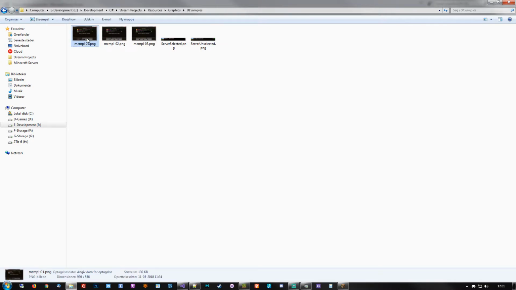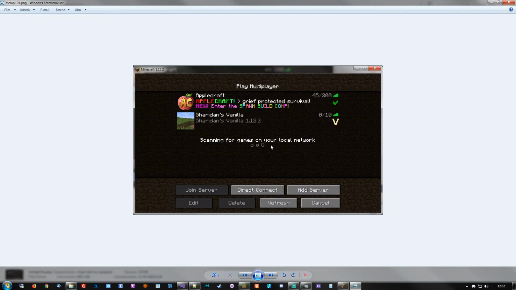Okay, so this would be a screenshot from the game client showing Applecraft and my own little local server. The reason I want to showcase this is to give an example of what can actually be done with the customized MOTD within the server properties